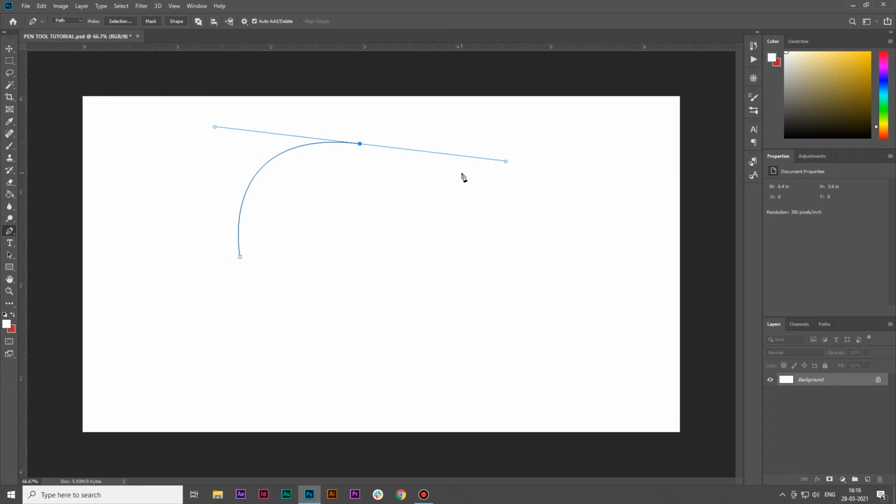For this we just press Alt and cut its tail by clicking on the anchor point. Let's see this again. Just press Alt, click on the point and cut the tail. Now you can easily create a straight line.